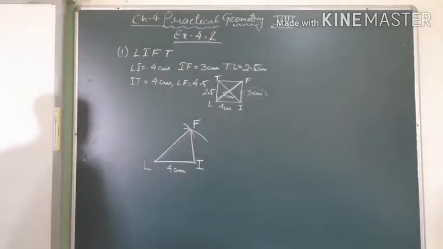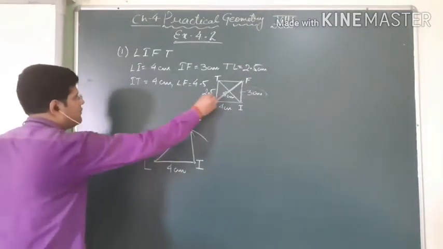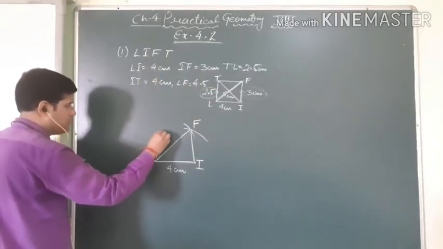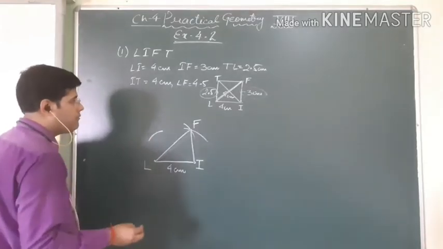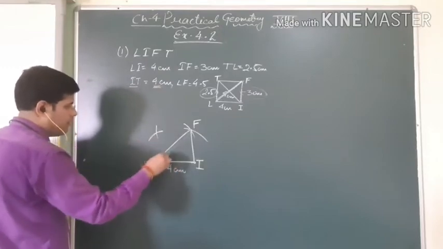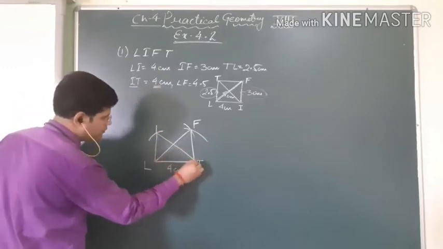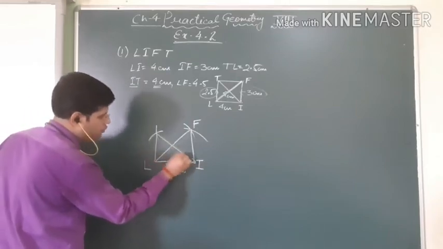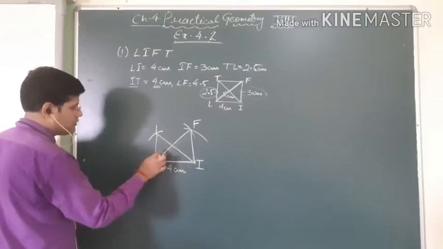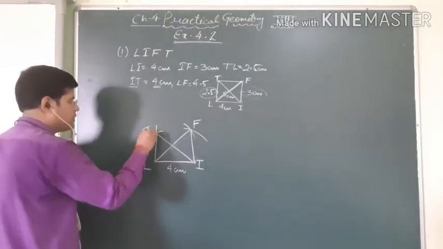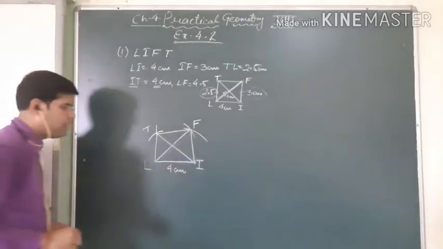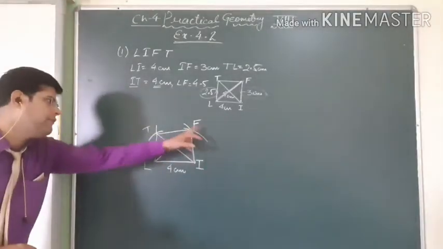Now, from the point L itself, make an arc of 2.5, which is referred to as LT. So from the point L, you have to make 2.5 cm. Now, from the point I, you have to make IT equal to 4 cm. Both intersect at a point. Now join these points. Here we have made 2 diagonals and 3 sides. This is the point referred to as P. And for making it a quadrilateral, join T and F. So it is named as LIFT, lift.